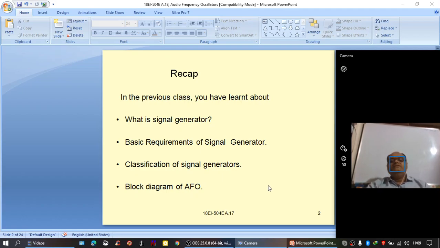Based on the frequencies generated, signal generators are classified as audio frequency oscillators producing signals within the range of 20 Hz to 20 kHz, radio frequency oscillators producing signals within the range of 20 kHz to 30 MHz, and video frequency oscillators producing the signals within the frequency range of 0 Hz, that is DC, to 30 MHz,